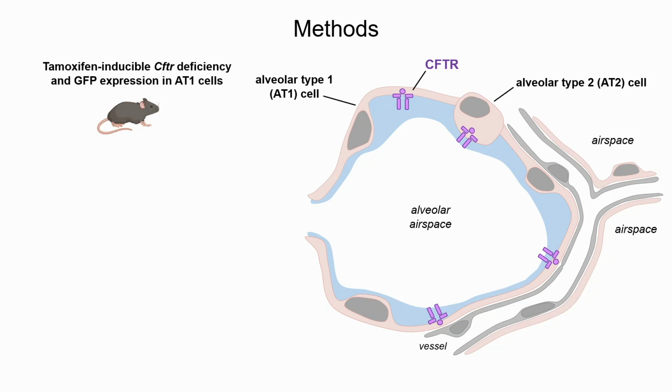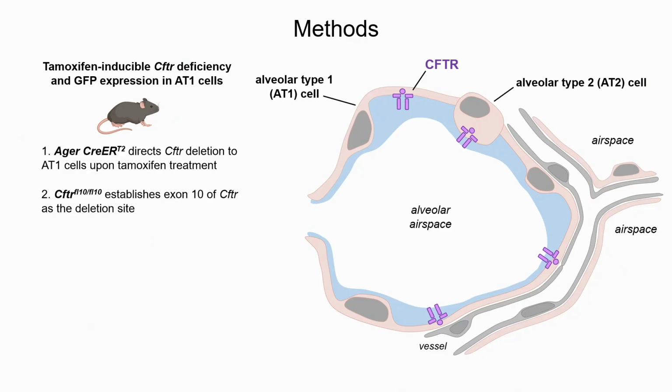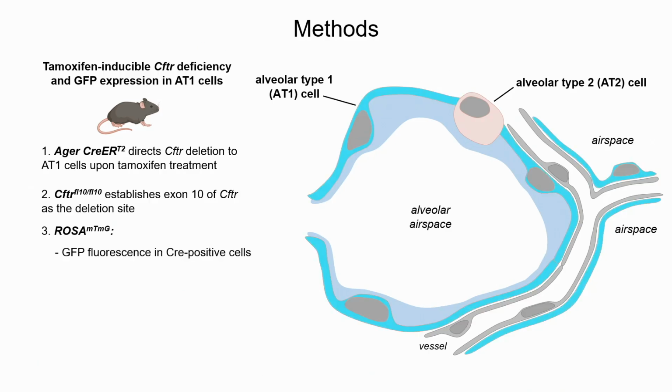So to test our hypothesis, we used existing transgenic mouse strains to generate a tamoxifen-inducible Cre-Lox transgenic mouse with CFTR deficiency and GFP expression, specifically in alveolar type 1 cells. In other words, after tamoxifen treatment, the Ager Cre-ERT will direct CFTR deletion to CFTR floxed sites, specifically in alveolar type 1 cells. These transgenic mouse lines also have the ROSA mTmG allele that will direct GFP fluorescence to